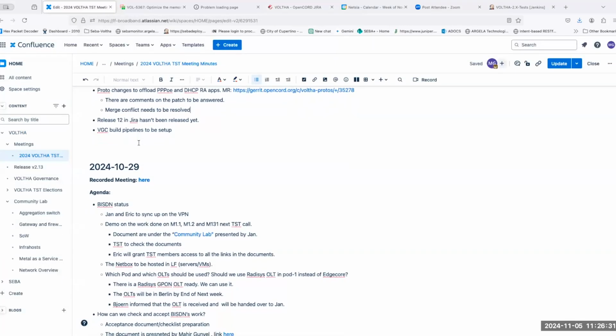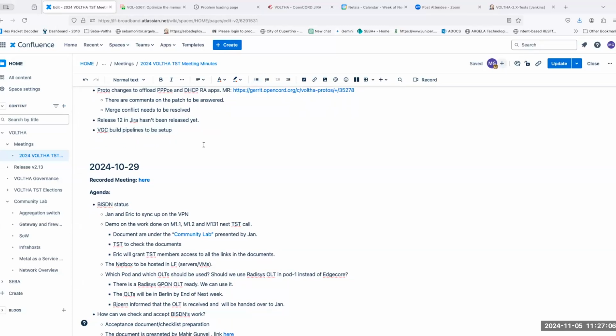Okay, then another item about VGC build pipelines to be set up. So who is the owner of this item? Yeah, I added it. So as of now, there is no build pipeline for VGC. I think we'll have to set up one, and there are test suites available in VOLTHA system tests, but they're not merged yet. But once we have the build pipelines running, we can review the VOLTHA system tests and merge that as well.